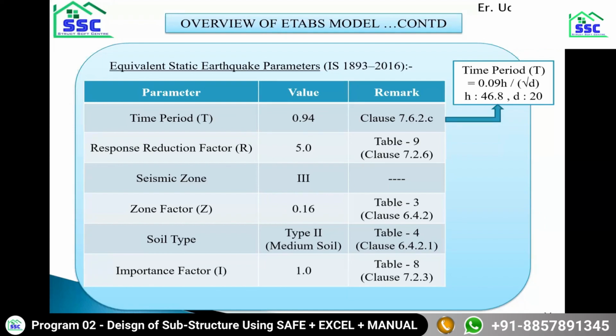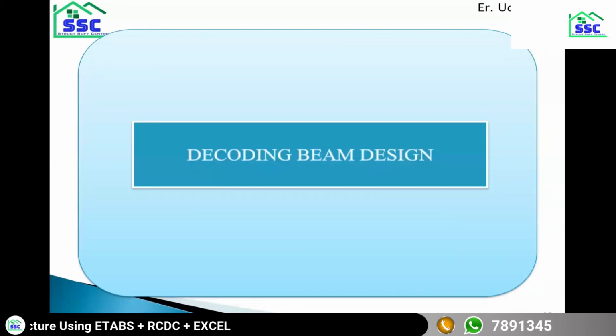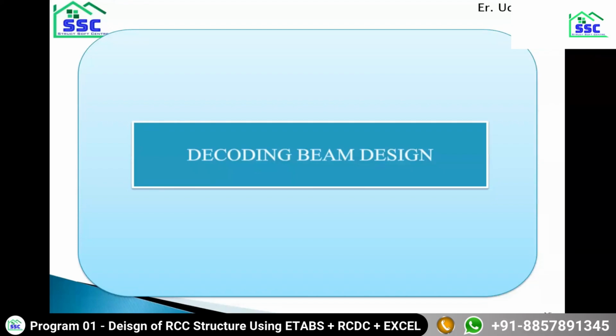Just the references of all those parameters are given in the remark table. Response reduction factor 5 is taken from table 9, clause 7.2.6 of IS 1893-2016. Then Z factor, soil type is selected as medium, importance factor 1. All these references are from IS 1893-2016. So this is the end of our first part, very basic part, that is the overview of our Etabs